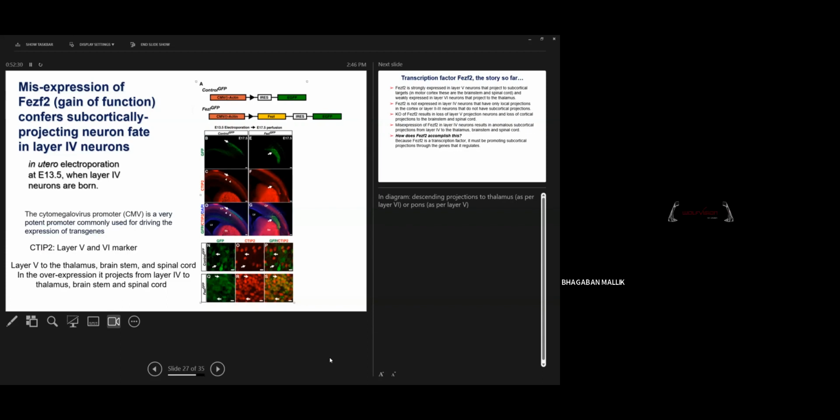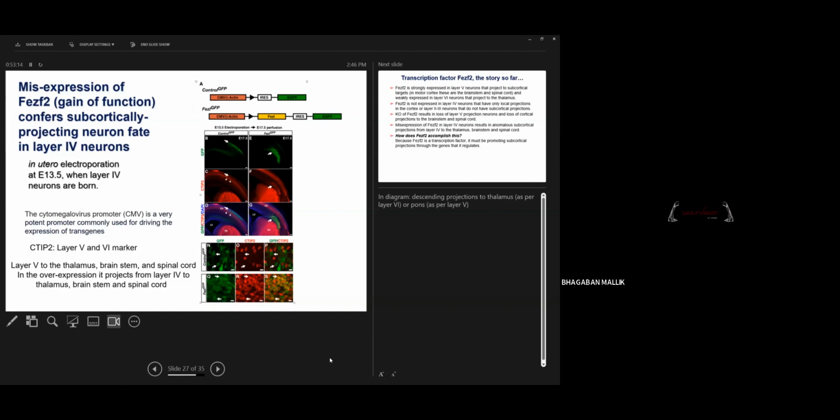I just want to show that here so that it will be very clear from this diagram. So here this is a control GAP, and this is CTIP2. This marks layer 4, layer 5, and layer 6. So layer 5 is marked here, and this is GAP, and they injected in layer 4. So when they injected in layer 4, you can see that it is not co-localizing with the layer 5 or layer 6 marker. Okay, because they injected at 13.5 stage, it marks only layer 4. Okay,